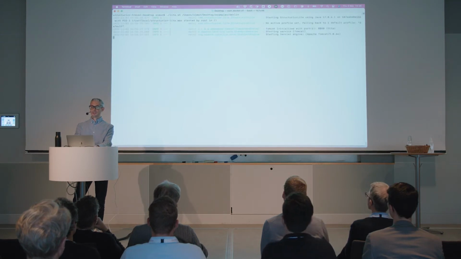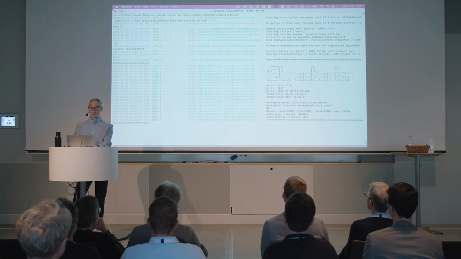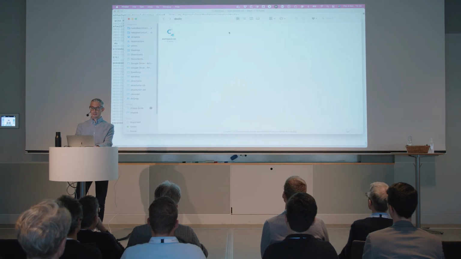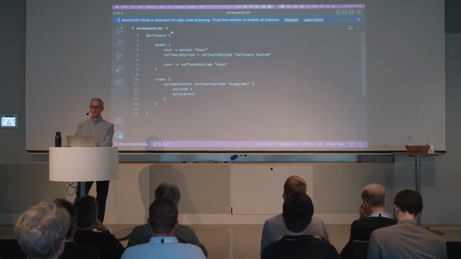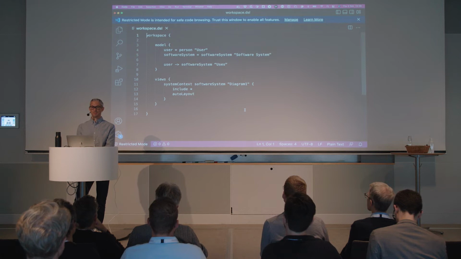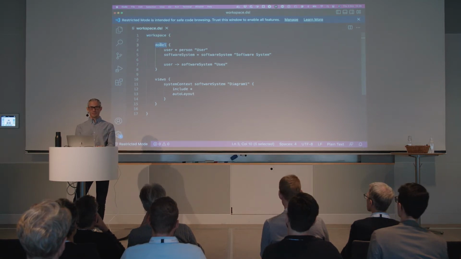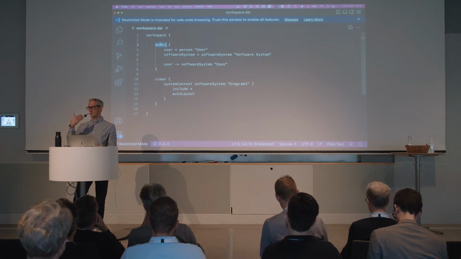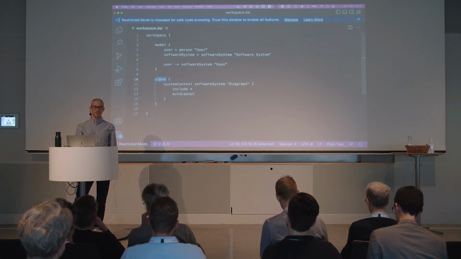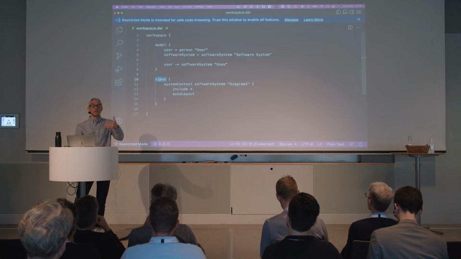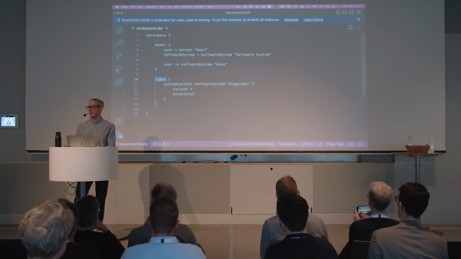So this is now booting up Structurizr Lite. Because that folder doesn't exist, it's going to create that folder for me. And inside that folder, there we go, is this thing called a workspace.dsl file. If we open up this workspace.dsl file, this is essentially the Structurizr DSL. So what we're doing here is we're defining a workspace. A workspace is nothing more than a wrapper for two things. Number one, a model. And a model is really all of your people, your software systems, your containers, your components, and the relationships between these things. And thing number two, views. And this is a set of views that ultimately will get rendered into diagrams in some rendering engine.